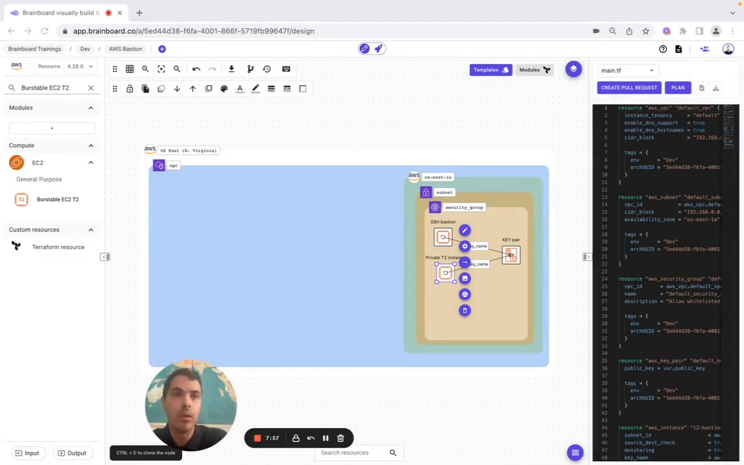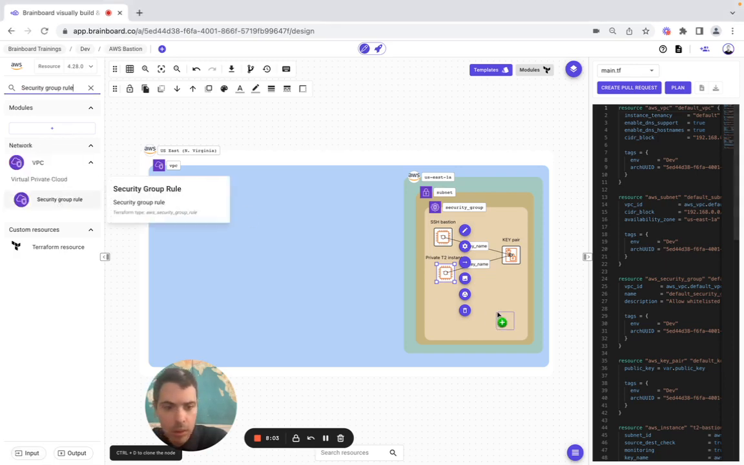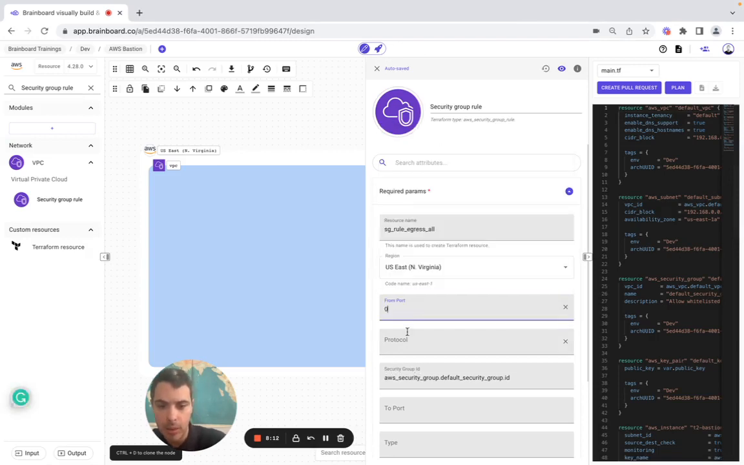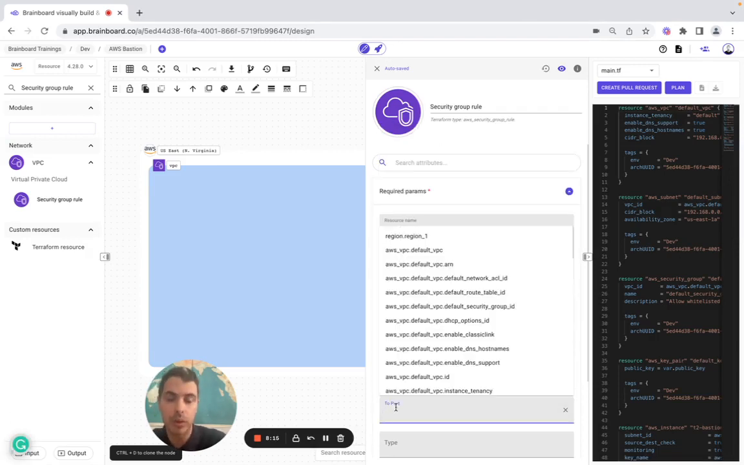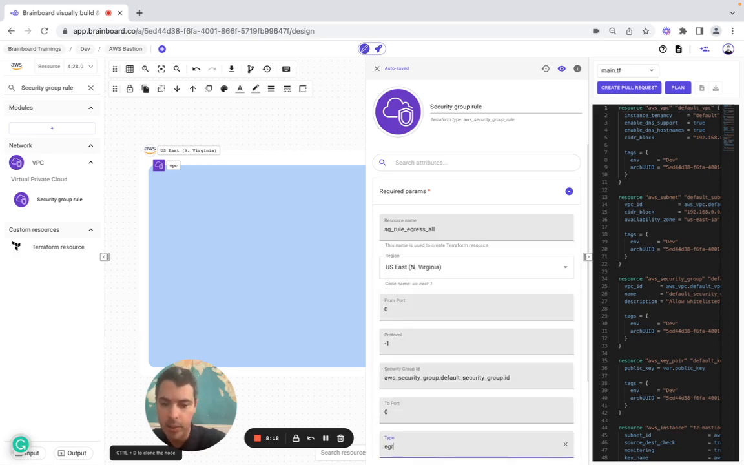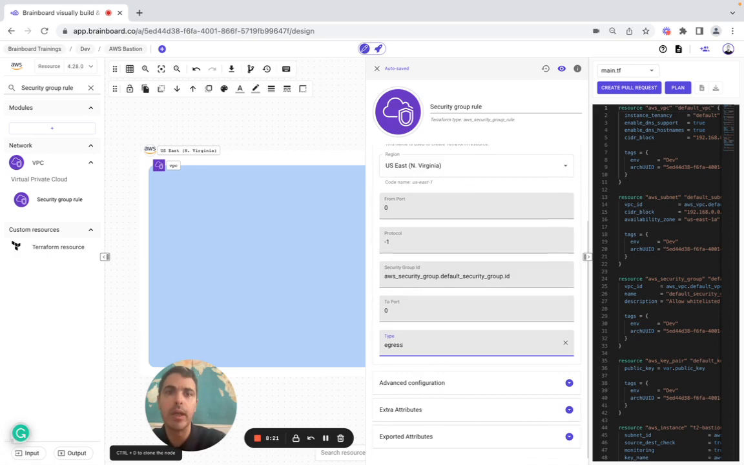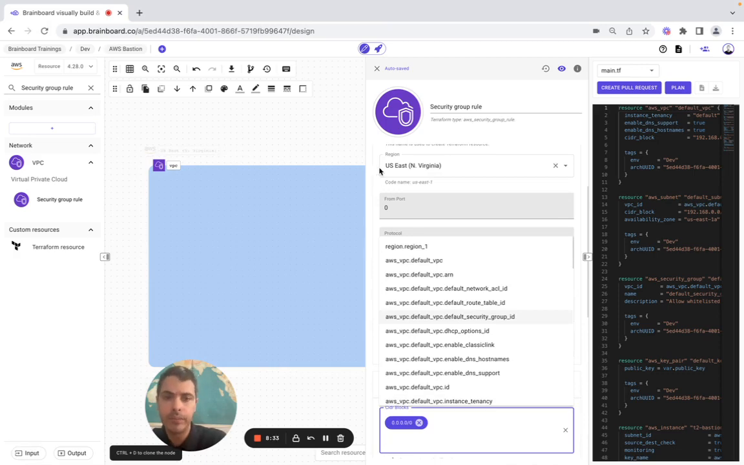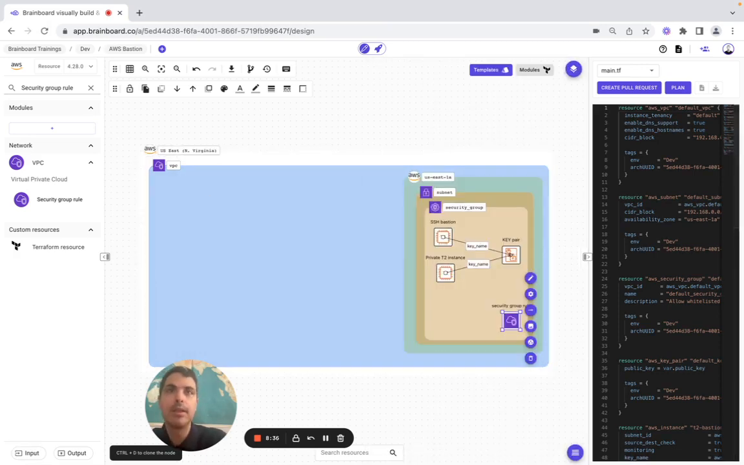So here we have the security here. Then here we have 0, here we have minus, here we have to port 0, here we have egress. Okay, so now we look at the advanced configuration. The header block is going to be here. This way, good. So now we add another security group